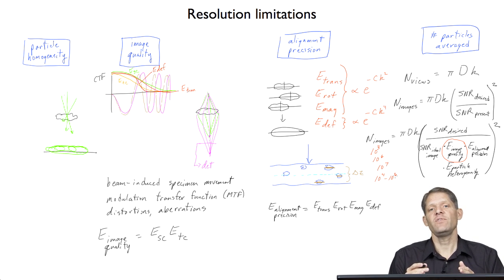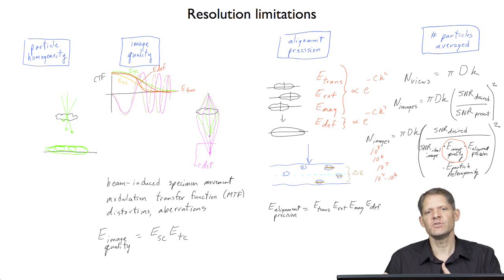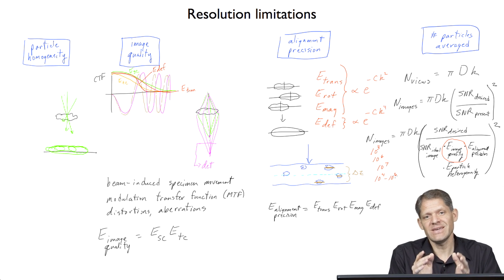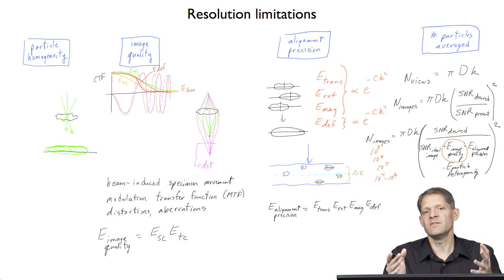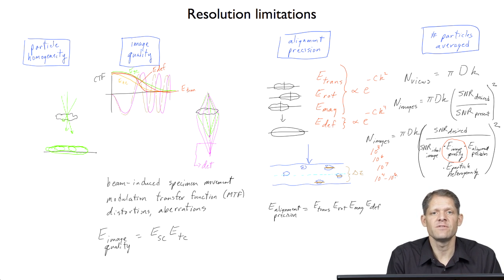And a recent trend in the field is the realization that an important way to get to high resolution is not just to add more and more images, but to effectively sort out only those images that belong together, that represent a coherent class with the same conformation and high quality images. And so you get to high resolution with a small number of great images of a homogeneous population rather than by piling on millions and millions of lower quality images or of images of particles in subtly different conformational